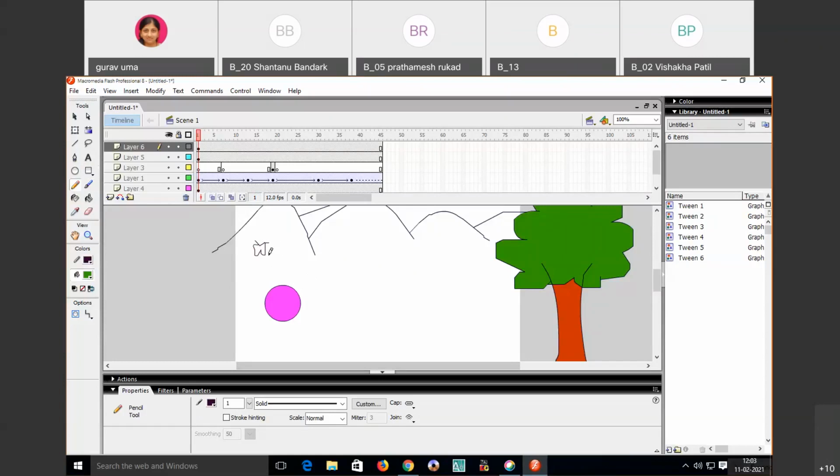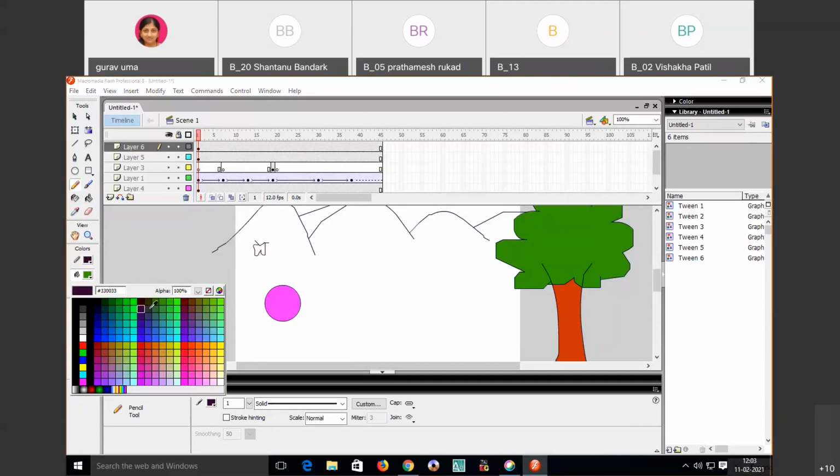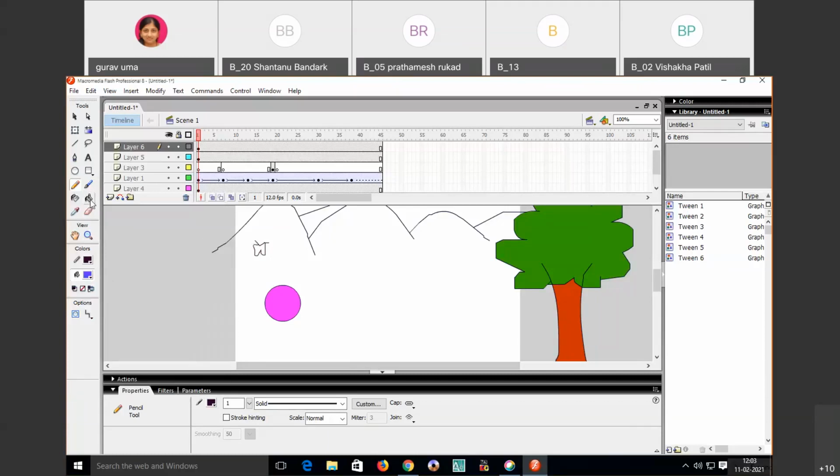Now I will give a color to this. Okay, I have given color to this. Now I want this to move and go into the tree. I want this to move.